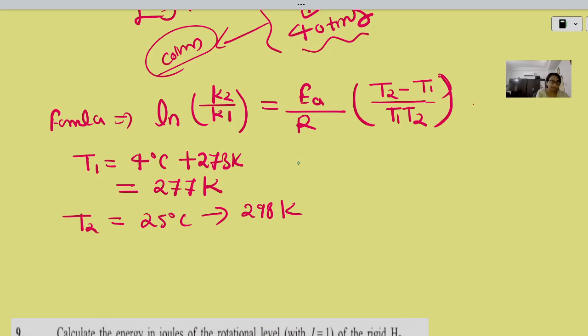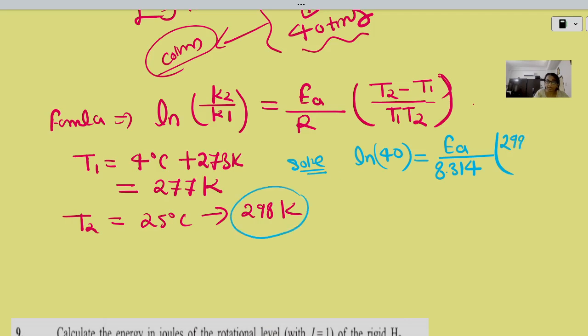So for the calculation, solve this ln. What is the value of k2 upon k1? It is 40, which is equal to activation energy Ea upon the value of the gas constant 8.314. It is the value of the universal gas constant R, and T2 minus T1. What is the value of T2? T2 is 298 Kelvin. So we will put here 298 minus 277. Okay, now multiply